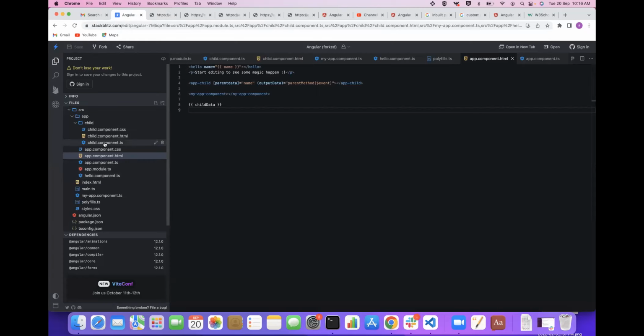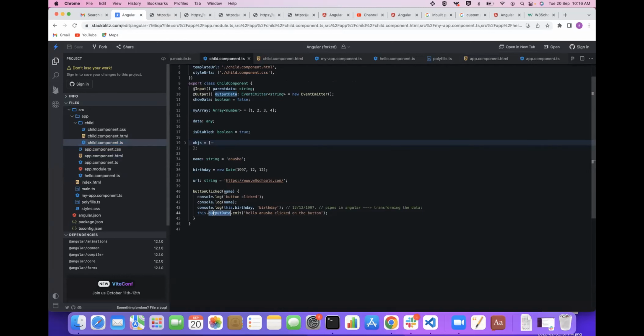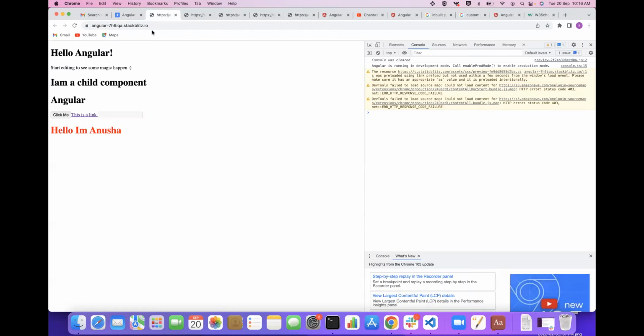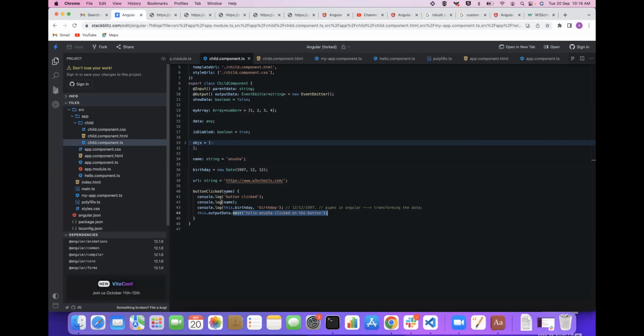So according to the code, when I am emitting the output data, I mean the child data, whenever the button is clicked, then I am emitting the data. Am I correct? Yes. Now let me just click it. You are able to see, right? "Hello, Anusha clicked on the button." Even in the console log, even in the template. You are able to see, right? Yes. So this is how you will pass the data from child component to parent component using the @Output decorator and